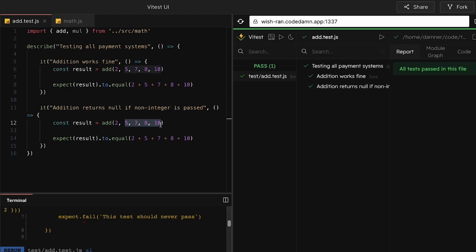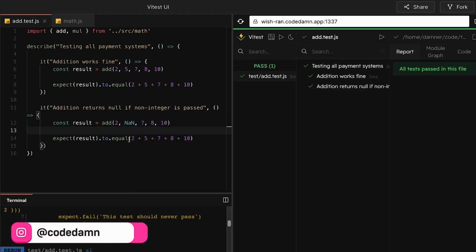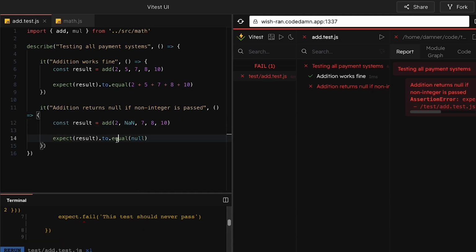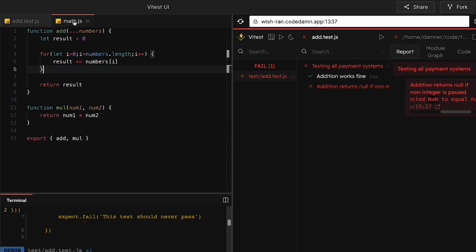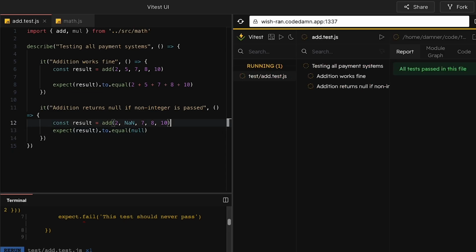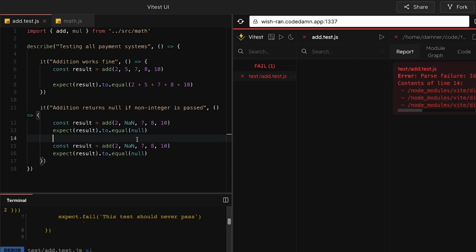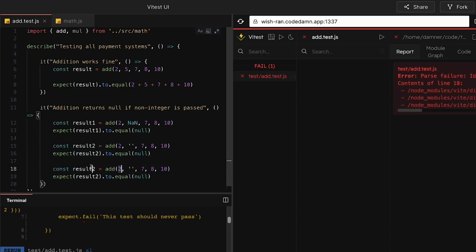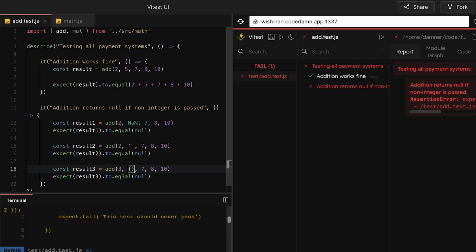So instead of 5, you can pass a NaN, for example, and then you expect it to equal null. Now you can see the second test actually fails, because it is returning NaN. Why? Because if you try to run 2 plus NaN, it will return NaN. Similarly, you can have another result, for example result 2, with an expect call like this. We can have an empty string. We can have, for example, result 3 here,